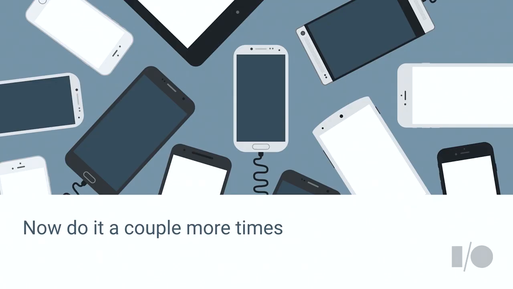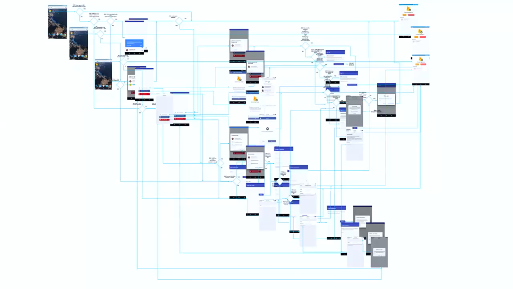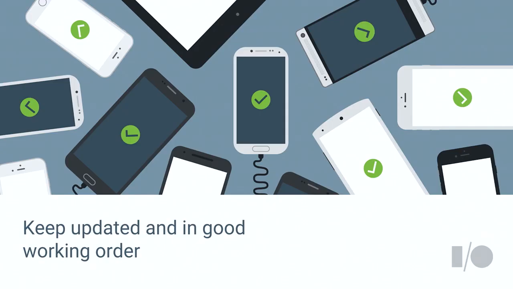Well, once again, not quite. In the modern age, we need to do it two more times at least. Web and iOS, as well as Android, are all equally important. So let's toss in a web implementation and an iOS implementation. Simple, right? No big deal. So we happen to know that it's quite complex because we put all this together ourselves. And we had to keep it updated and in good working order over time as well.